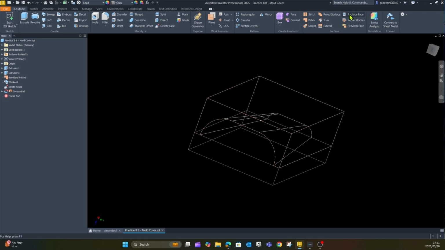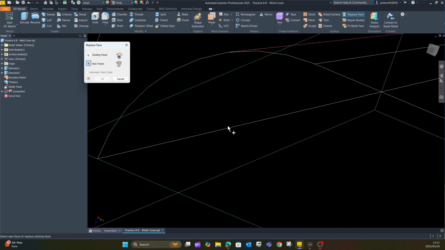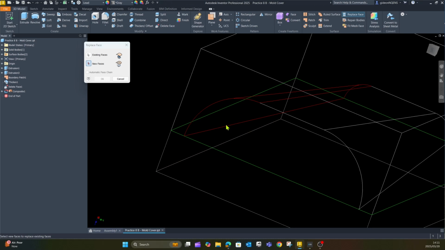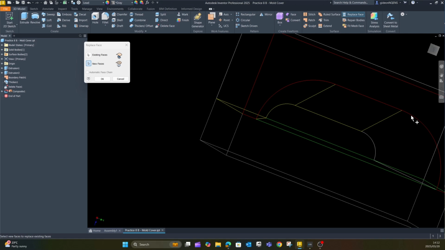So we can choose the replace face option, we can choose the existing face, and what is the face that we would like to select. So I'm going to go to select other, just to ensure I'm selecting that specific boundary, and select those specific profiles, rotate my model,